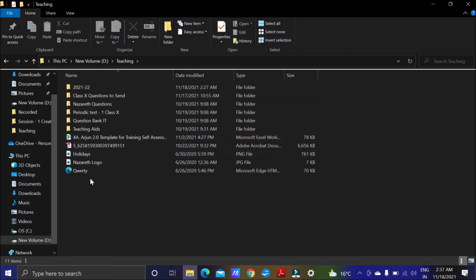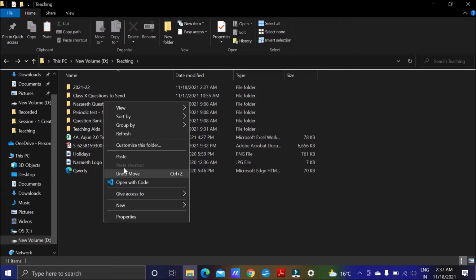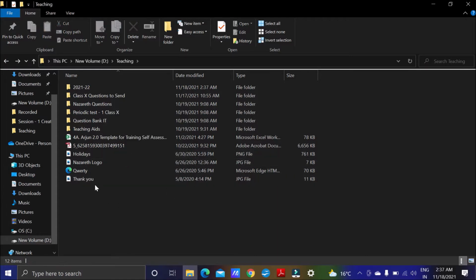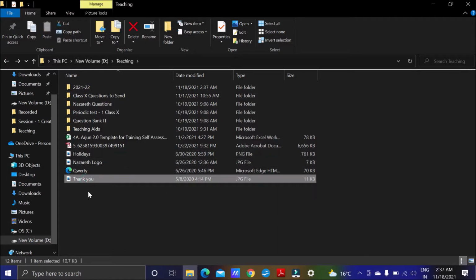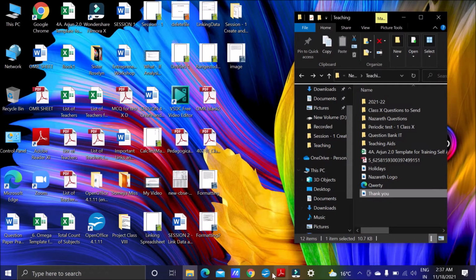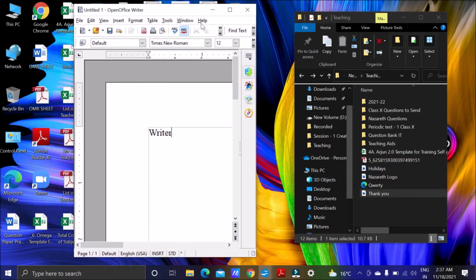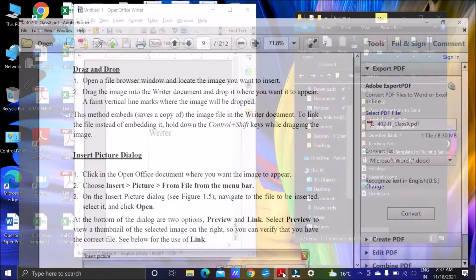Suppose here I have some images, and I am inserting this image here. I want to insert this image with the drag and drop method. So this is the place where I have the image, and here it is.